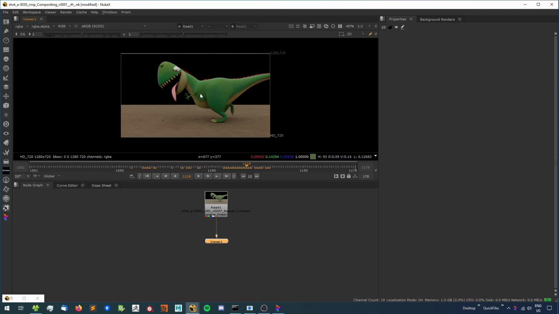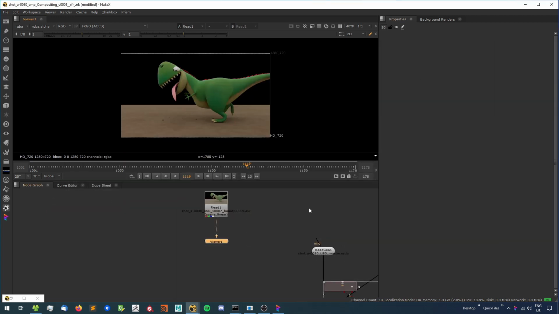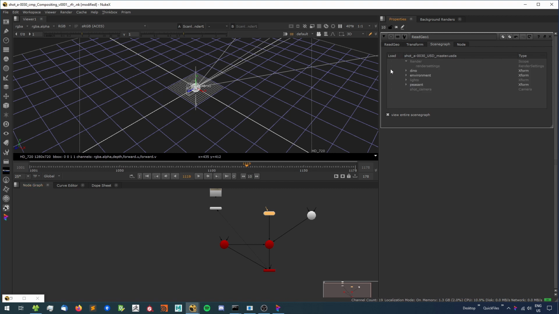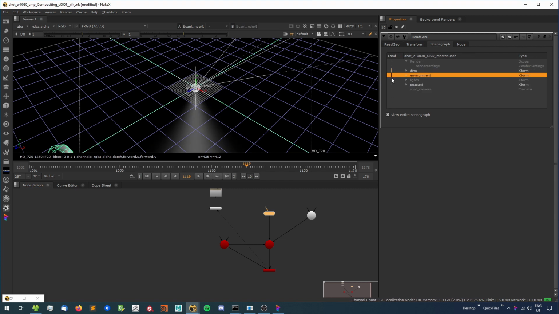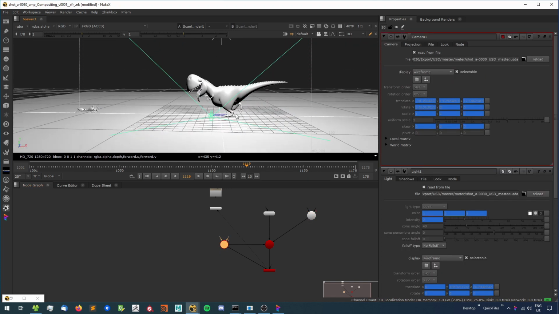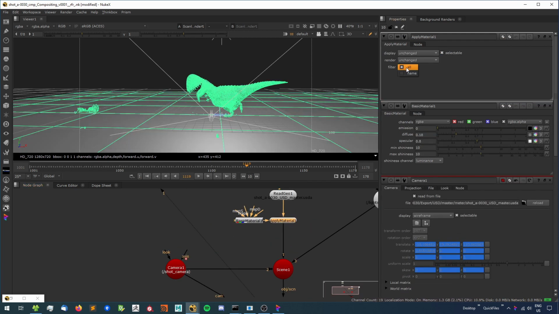dinosaur. For that we would need a mask, but unfortunately the USD 3D light renderer doesn't support Cryptomatte yet, so we have to create our own mask. For that we can import the USD shot container into Nuke, and this will create a few 3D nodes. On the Read Geometry node we can select which objects we want to import, in this case the dinosaur, the environment and the human. We also have a light and our shot camera, and now we want to create a